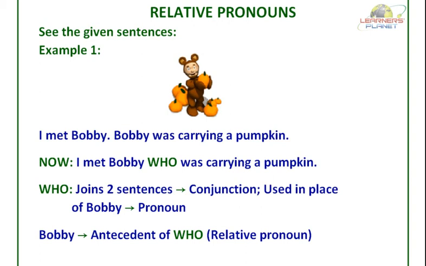Such pronouns that join sentences and relate or refer to the noun actually do double work. They join sentences as well as relate or refer to the noun or pronoun that is the doer of the action. This subjective noun or pronoun is called the antecedent of the relative pronoun. The relative pronoun also introduces clauses like the noun clause or the adjective clause. See and understand relative pronouns with the help of the other examples as well.